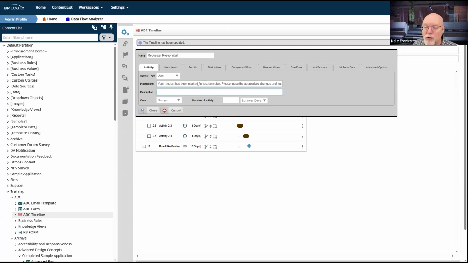Now, sometimes instructions are enough. Sometimes instructions give us the idea of what's going on. However, not every activity has instructions, certainly not that are displayed to the end user. I mean, that's what instructions do, is they display stuff to the end user. Description displays stuff to you. And look, even if you don't get hit by a bus, you come back to this 3 or 4 years later, you may not remember what this thing does. And so descriptions kind of help you too.